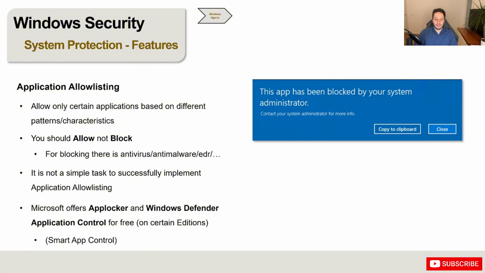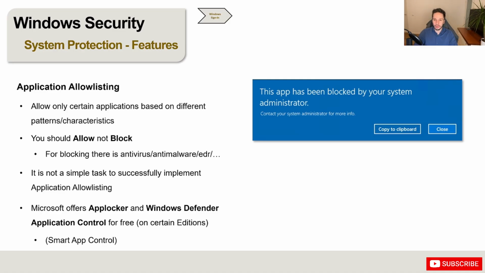I think it's from Microsoft, some kind of new application allow listing that should be as strong as Windows Defender Application Control, but should be as simple to implement as AppLocker, for example. But let's see, it's still not enterprise ready. There is actually no granular configuration to, let's say, allow one application. And there is a ridiculous requirement that you must send optional data to Microsoft to be able to enable this